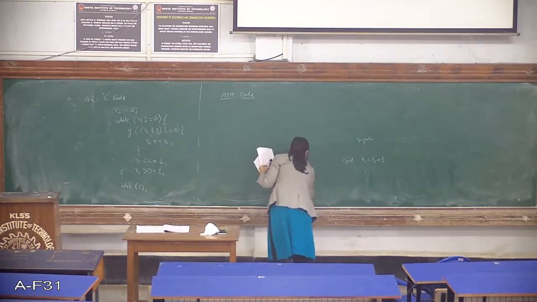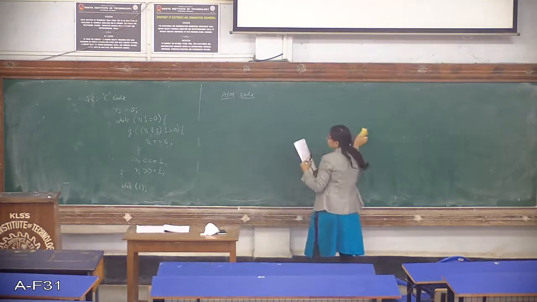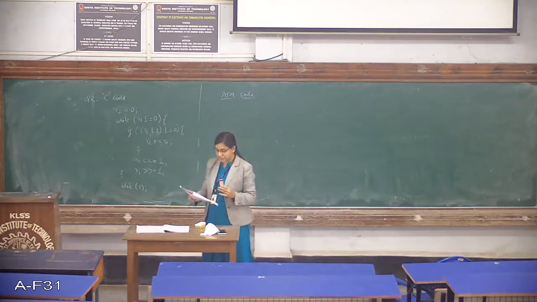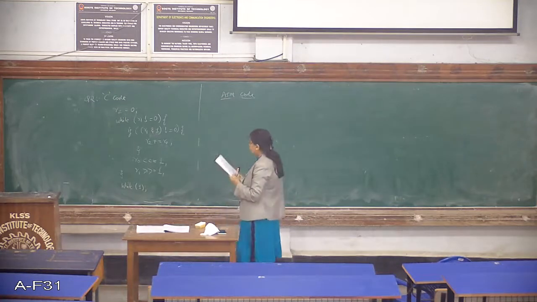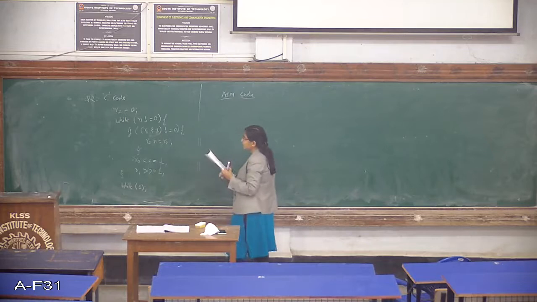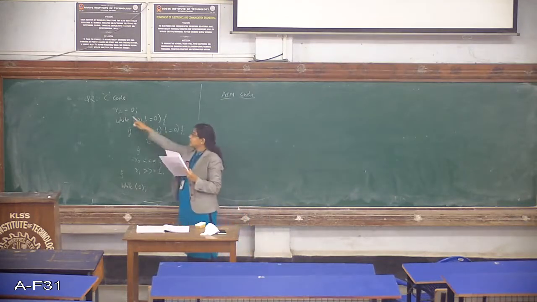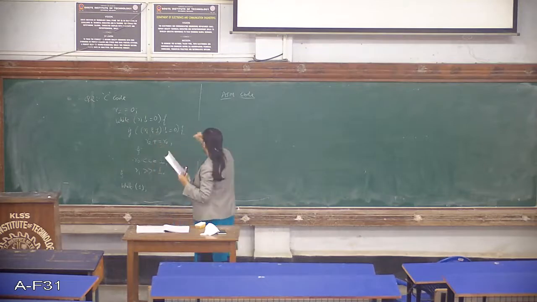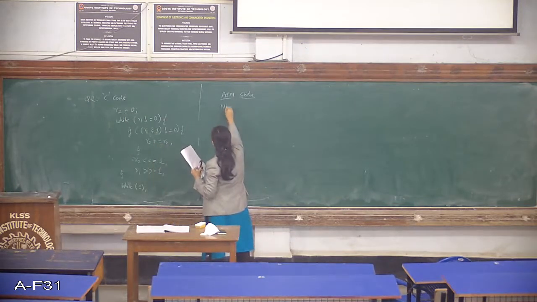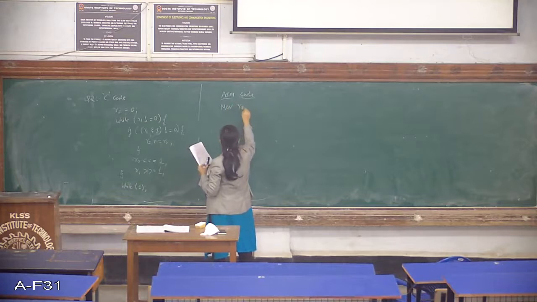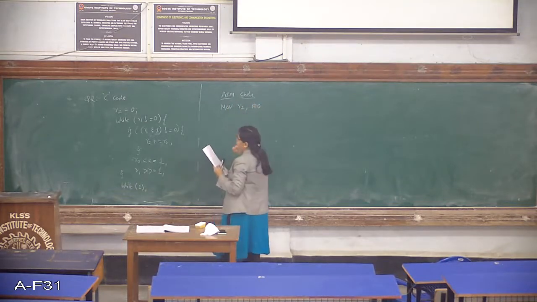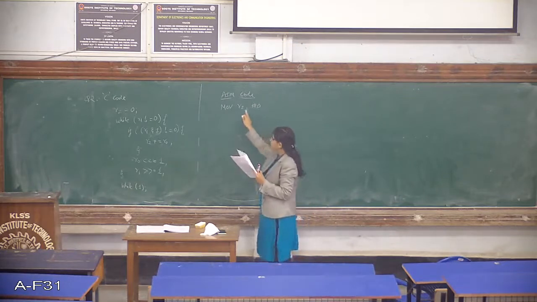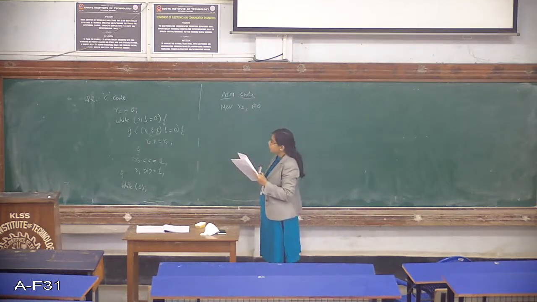So it is similar to the first one, but only that we have new operators here: the left shift and the right shift operators. So how do we write the assembly code? Let us start with the first instruction from the C code, which is R2 is equal to 0. So you are just assigning. I'll write it as MOV R2, hash 0. Now we have moved the data 0, the immediate data 0, into the R2 register.